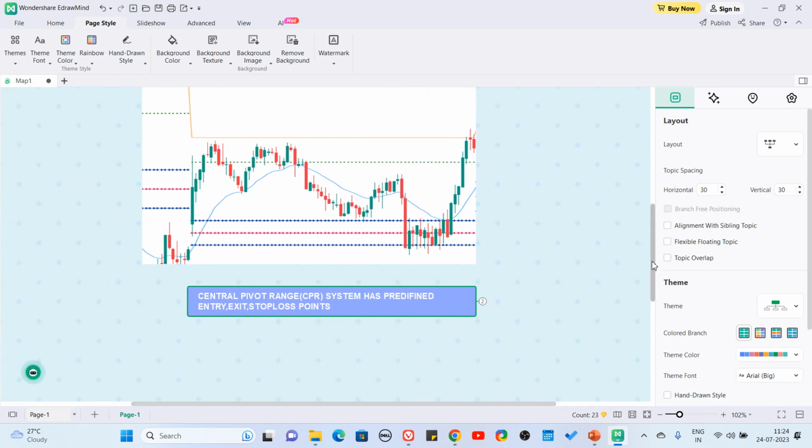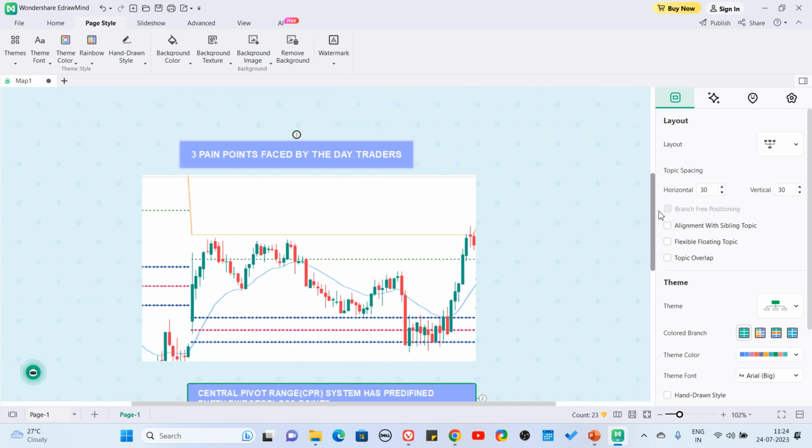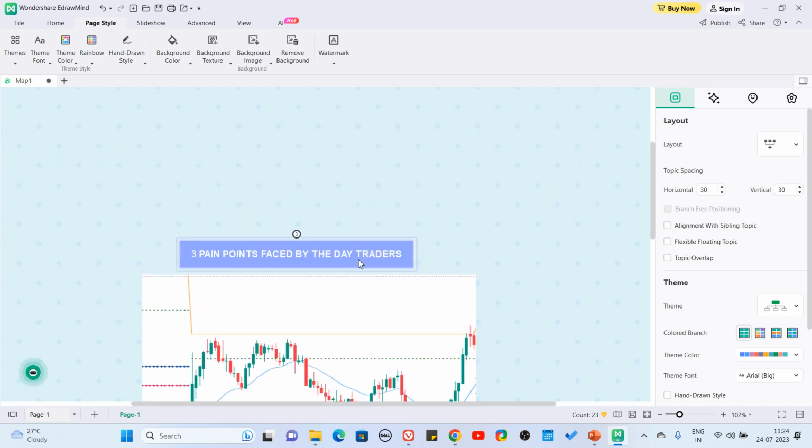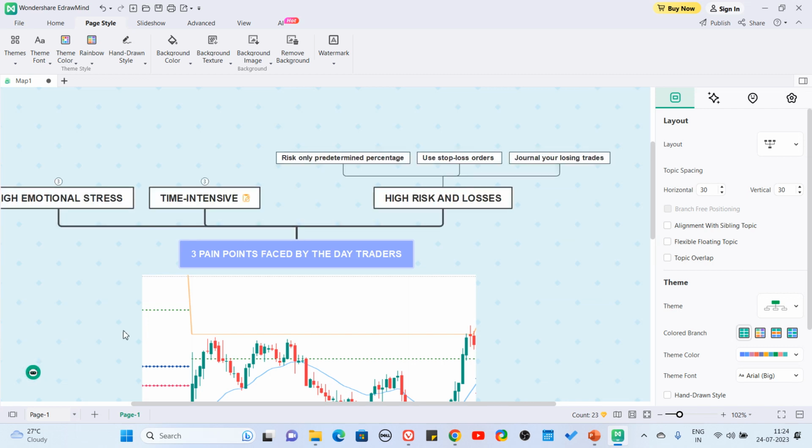And I want you to remember this example, because I'm going to come back to it to help you understand what the 3 pain points for traders are. Now, the 3 pain points faced by day traders. Let's see what they are. The first one here is